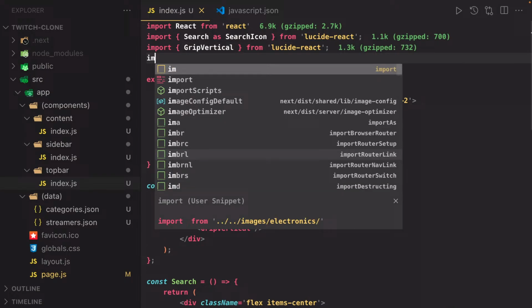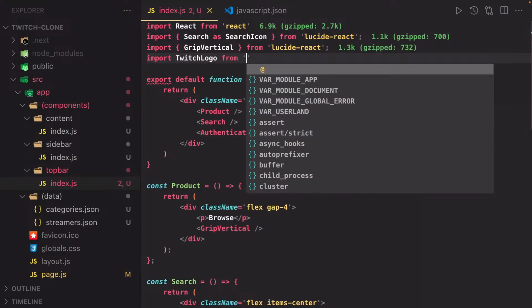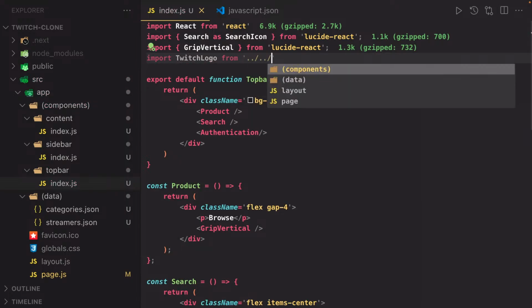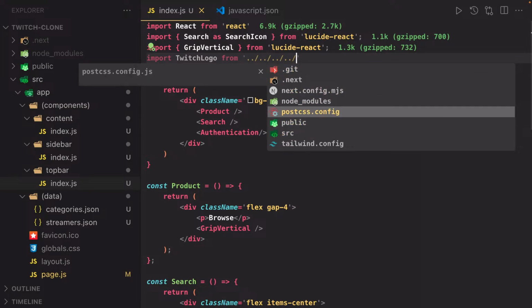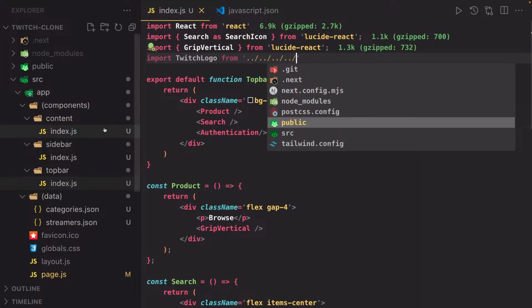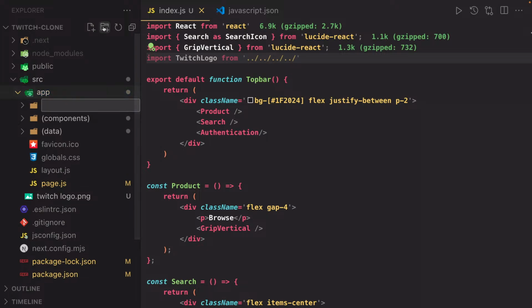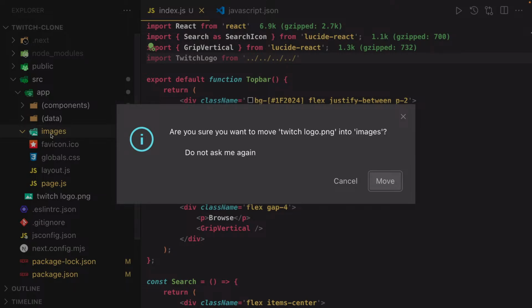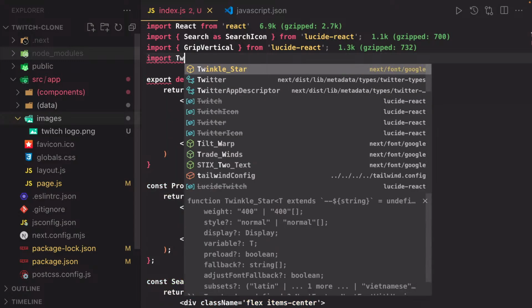To show it, I will first import it, Twitch logo from... actually let me put here a new folder. I will create a new folder, images, and I will put this twitch.png inside images. Yes, so we will want to move it, and now we will import